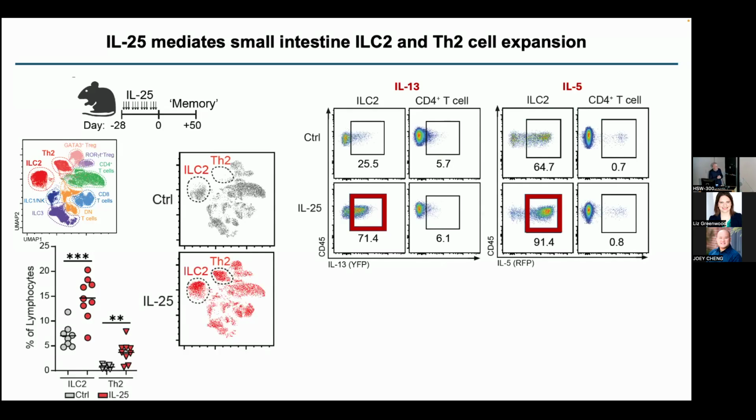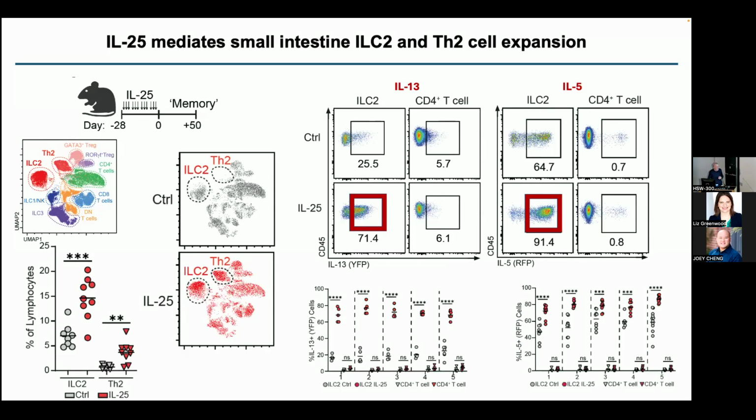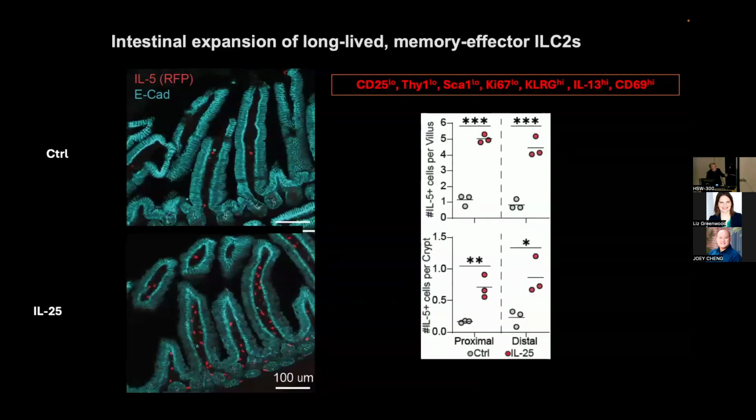And the amazing thing is that when using these reporters, Victor went in to take a look at what was going on. These cells remained activated. That is, they were cranking out, within the limits of the reporter, IL-13 and IL-5 for very long periods of time. And from the phenotype, these cells went all across the bowel like this. We'll talk about the phenotype in a minute. So here these cells are. You can see them easily. They're all up and down the villus, right next to that subepithelial space.